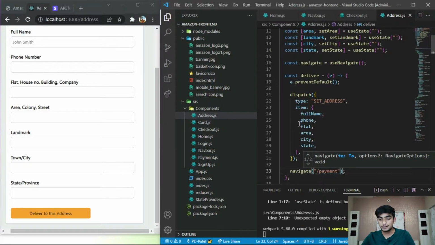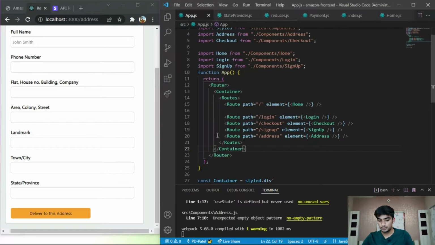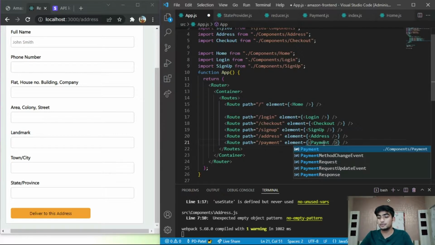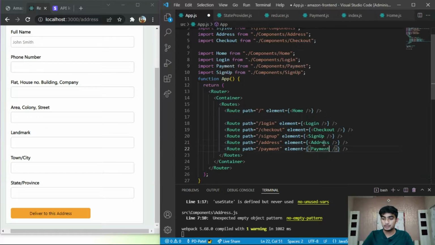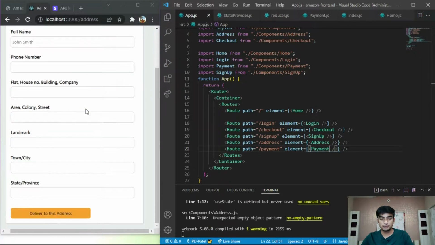Now we have to create the route for that payment. So just go to app.js, copy this and paste it here. Just type payment, and instead of this address component, we have to use the payment component and simply paste it. So everything works perfectly nice. And now whenever we click on